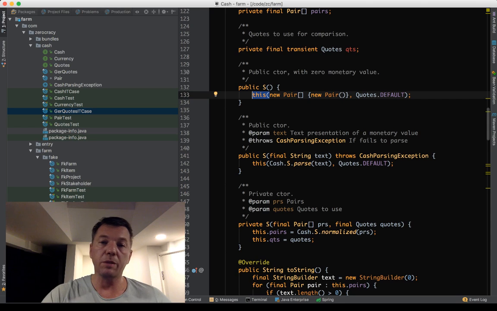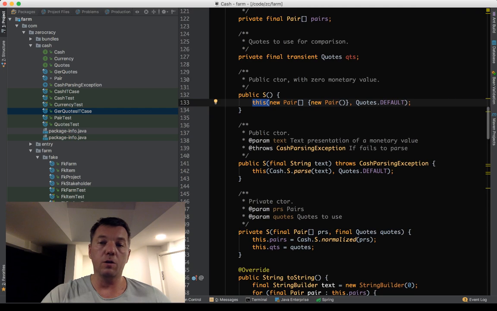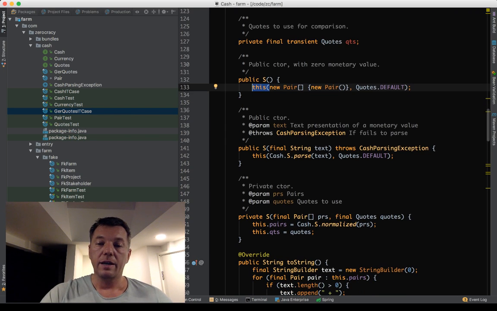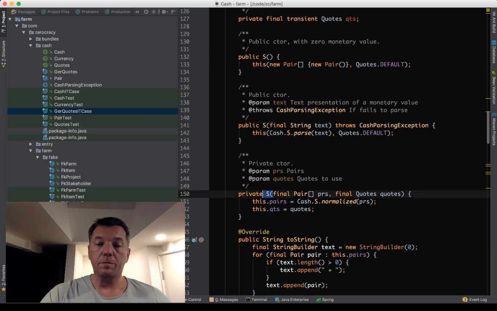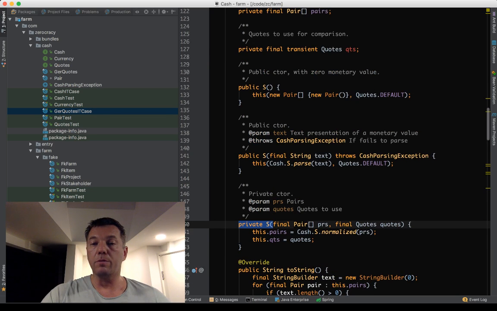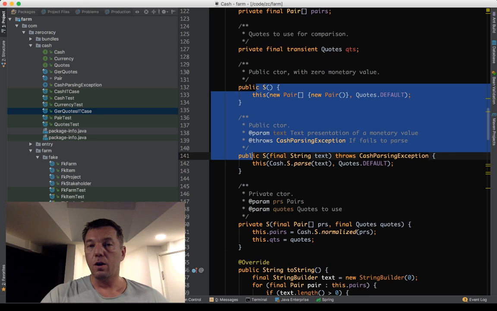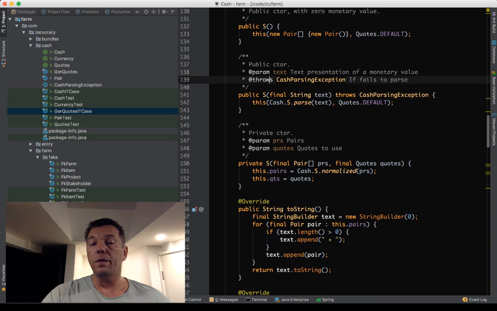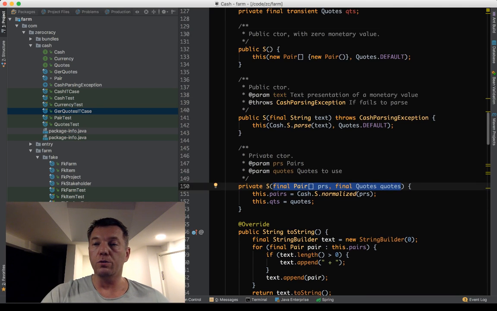I was saying there that a properly designed class always has one primary constructor and a big number of secondary constructors. Quite often the primary constructor is private, because we don't want anyone to use it directly. We always want our clients to go through secondary constructors.